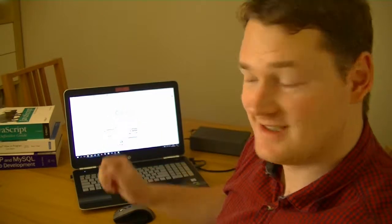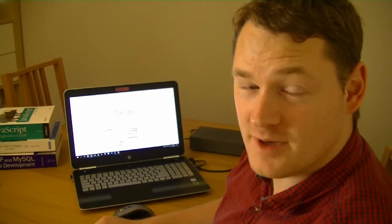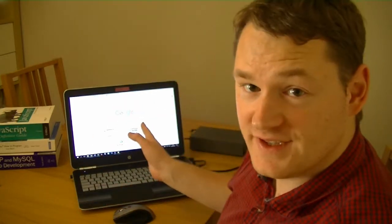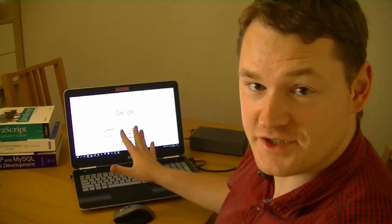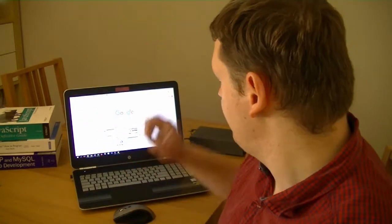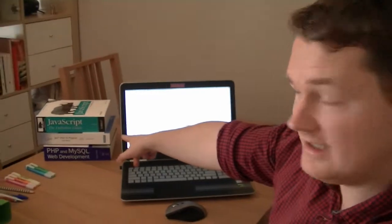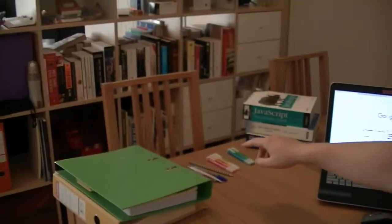So, welcome to my workstation. I typically work at my kitchen table because it's the biggest surface I have, and I really like to put everything I need just on the kitchen table so it's within easy reach. I've got obviously my laptop, my external hard drive, books that I need for referencing, writing utensils, and over here